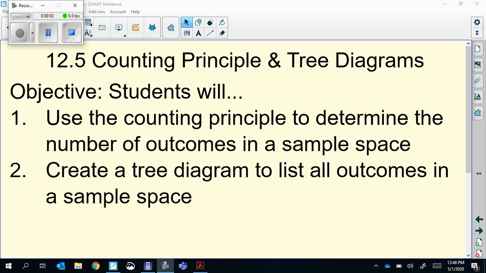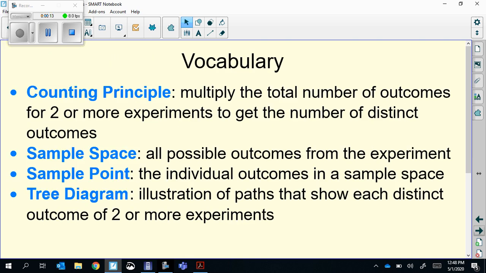Hey guys, in this lesson we're going to talk about the counting principle and using tree diagrams to help figure out the number of outcomes. That's what both are used for: figuring out how many outcomes are possible in a given situation. So the counting principle is multiplying the number of outcomes for each part. It's basically the idea of that, and that'll tell you how many distinct outcomes you have for the entire experiment